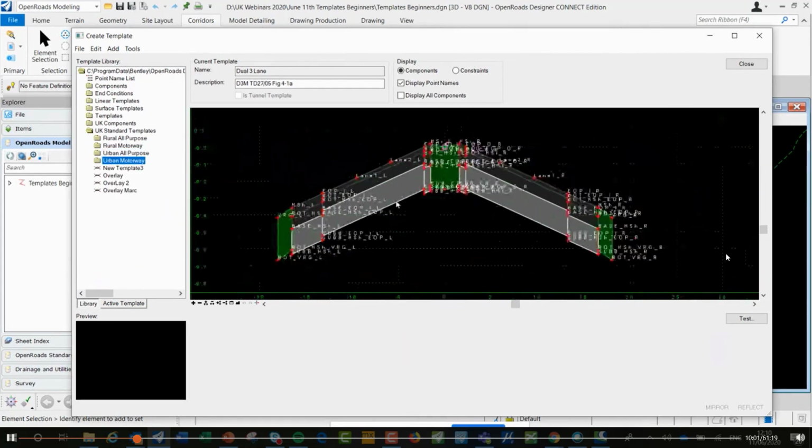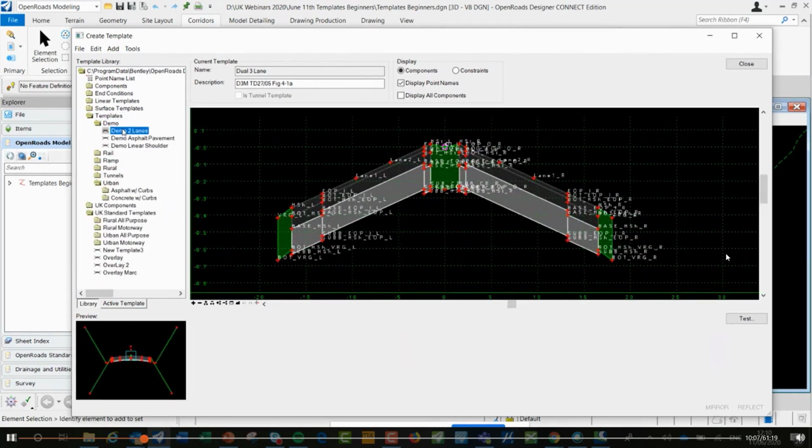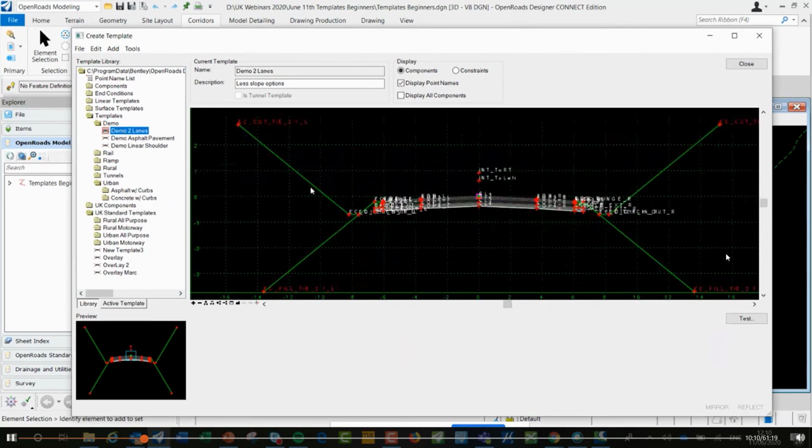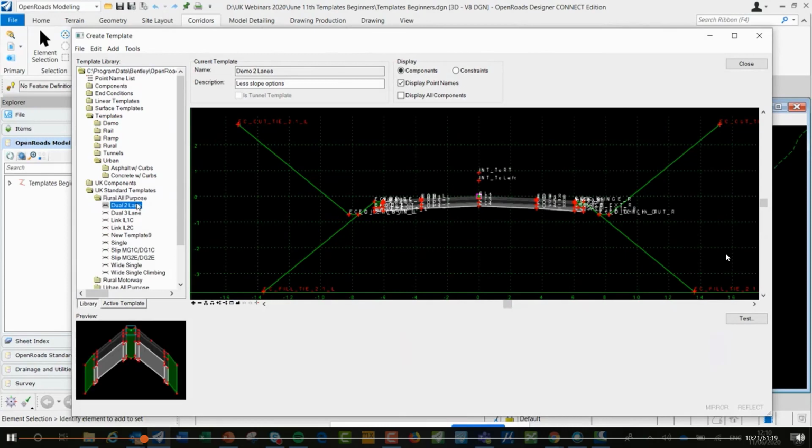this is where you actually see which templates we supply. You'll notice that in some of the default templates that we supply, for example, demo 2 lanes, there's these extra lines. These are the end conditions, so the earthworks that you create. So for demo purposes, we've got some templates with earthworks on. You'll notice that for the ones that we supply,